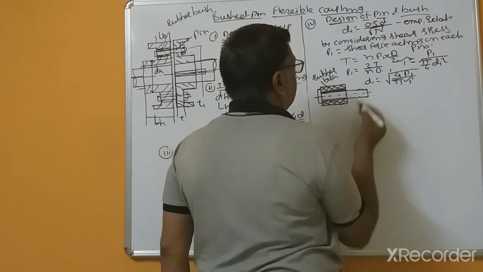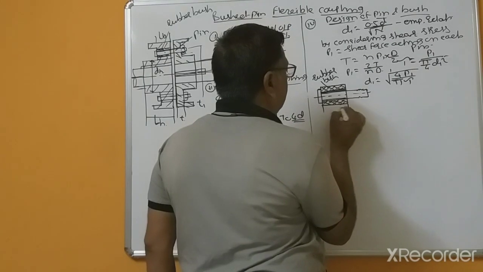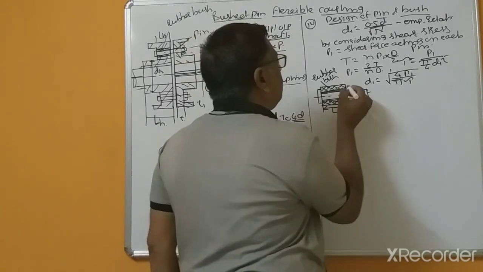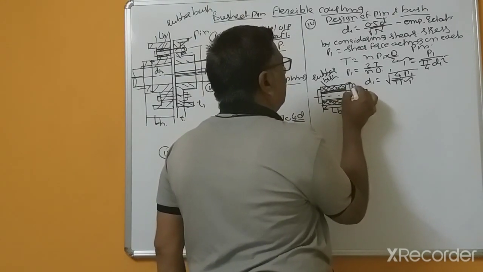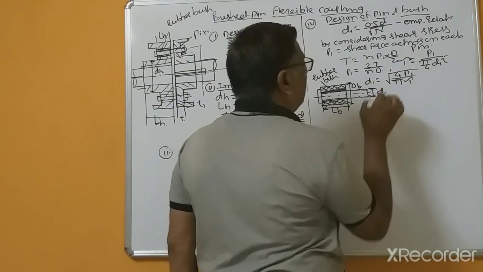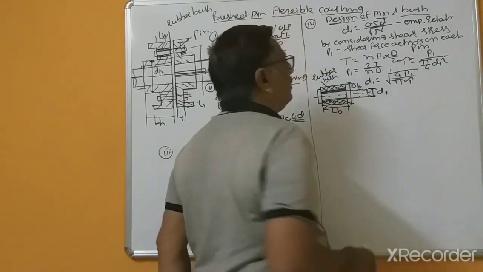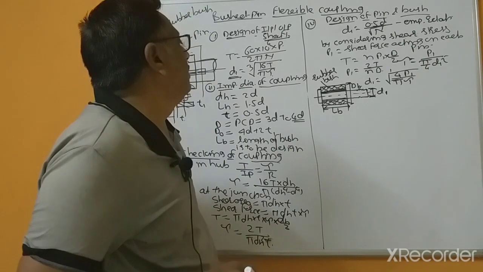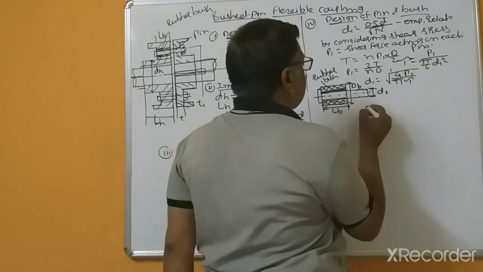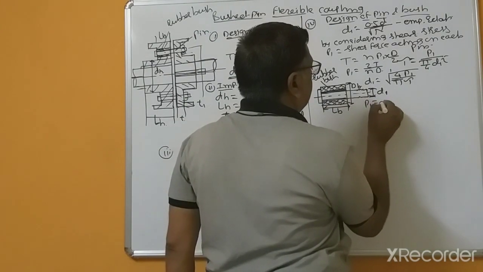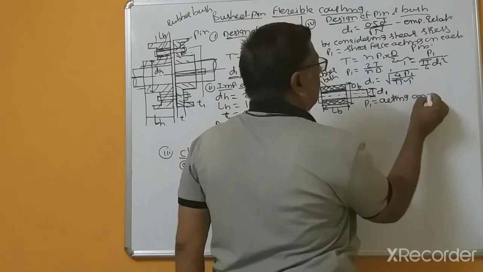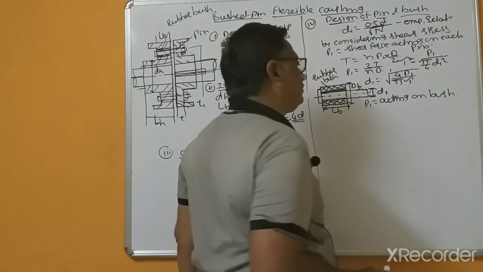This is cylindrical type, and this is the length of the bush, LB, and this is the diameter of the bush, and this is D1. Right? Here is the force acting on the bush. So force P1 acting on the bush equals,